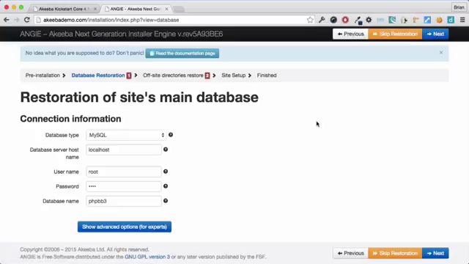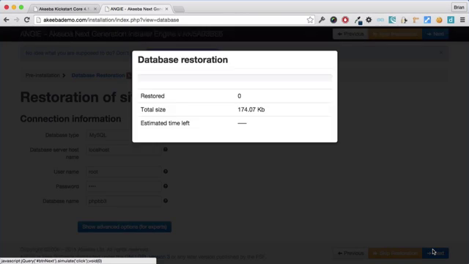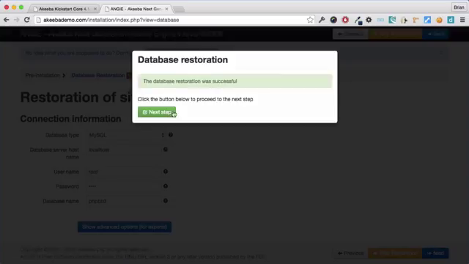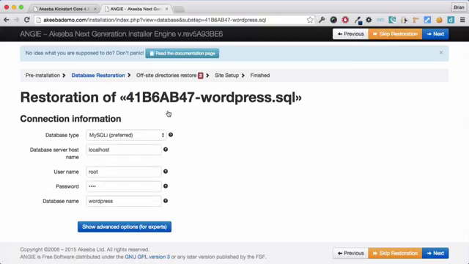We are now ready to restore the site's main database, the one for your PHP v3 website. Click Next to continue. Here we have an additional screen. We can see here that this screen is to set up the extra database, the one for our WordPress blog. So here, make sure you enter the correct details for the blog and not the forum website, and click Next.